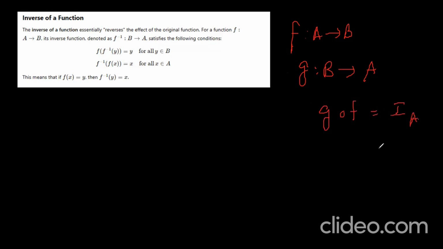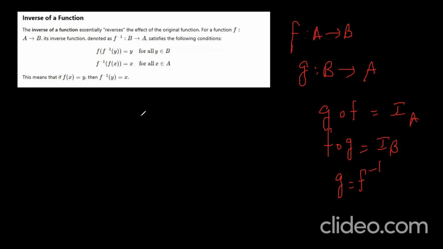Okay. Right. Next, F maps A into B is a function, then F is a bijection if and only if there exists G maps B into A such that G circle F is equal to IA, identity, and F circle G is equal to IB. Understand? And in that case, G is equal to F inverse. Okay, this is very important.